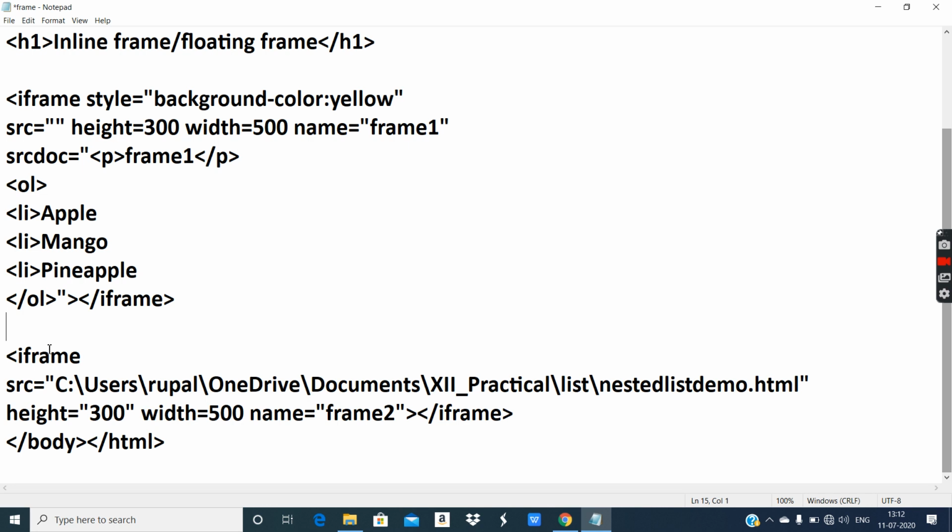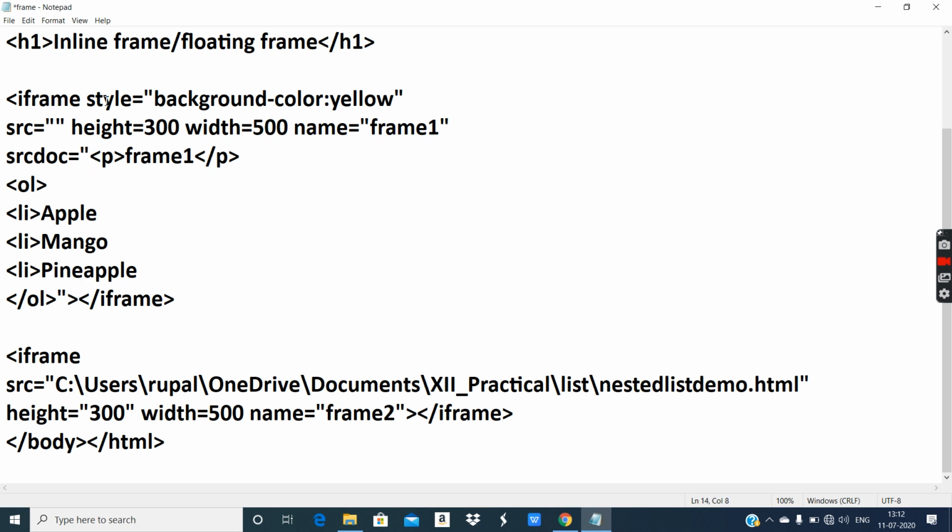Everything is displayed in a continuous manner, so it depends on you if you want to give line gaps. You can give line gaps if you are using multiple tags inside srcdoc, but remember the value will have a mixture of lots of things, special characters, numbers, and some text definitely. So provide the opening double quote and the closing double quote at the end.